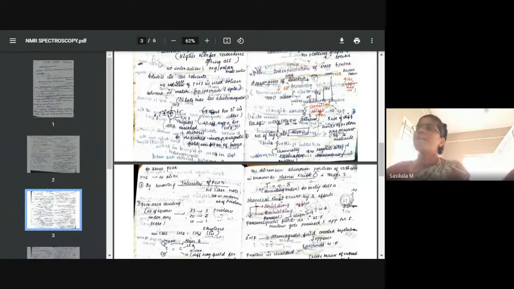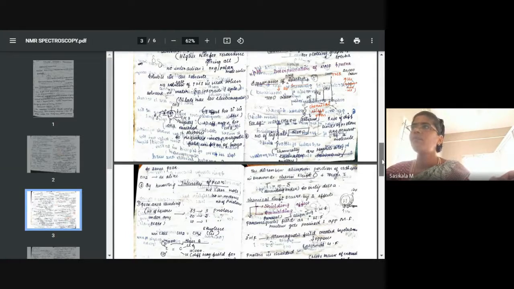From the spectrum, we can see the first point as the number of signals. So count how many signals there are. Three signals. It says there are three kinds of protons. What are the three kinds? CH3, one kind, methyl proton, then methylene proton, CH2, then OH, hydroxyl proton. So the molecule has three kinds of protons, which can be known from counting the number of signals. The number of signals gives you information about how many kinds of protons are present in the molecule.